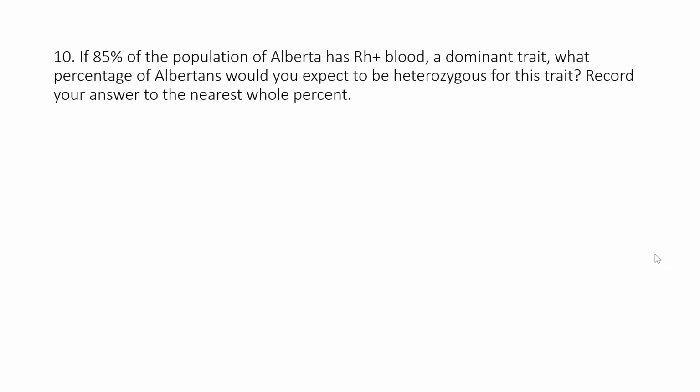Okay, number 10. Number 10, a little bit tricky here. These questions do get tricky, so you got to be really careful with what they're giving you, what you're working with, and what they're asking for. So it says here, if 85% of the population